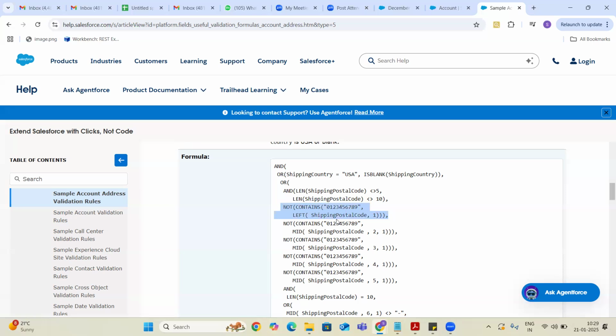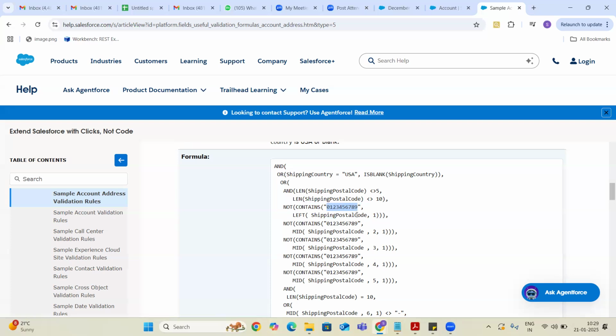It will first get the first character of the shipping postal code. And we are checking whether that first character is contained in this string, comma shipping postal code.